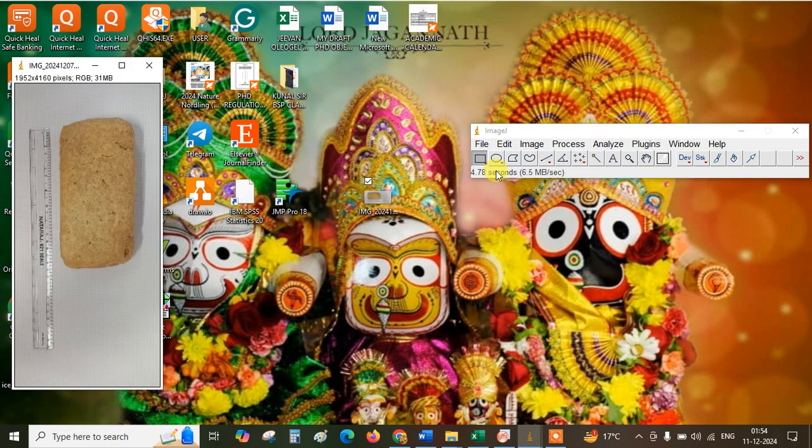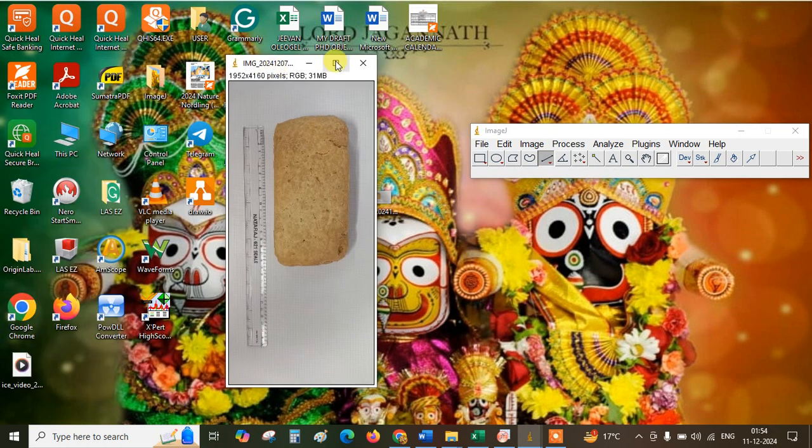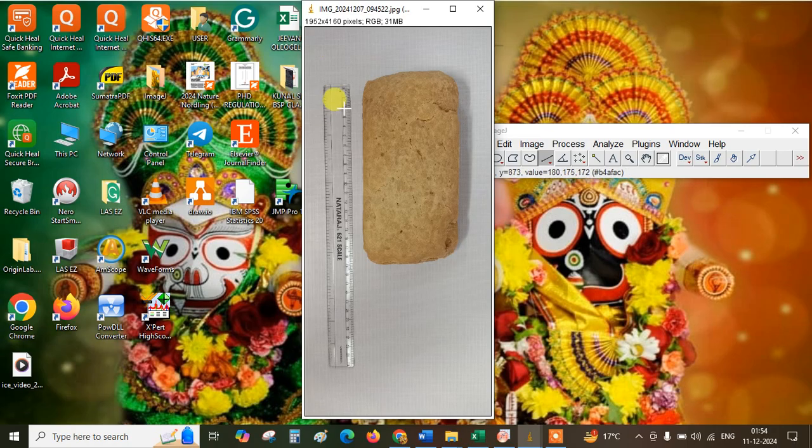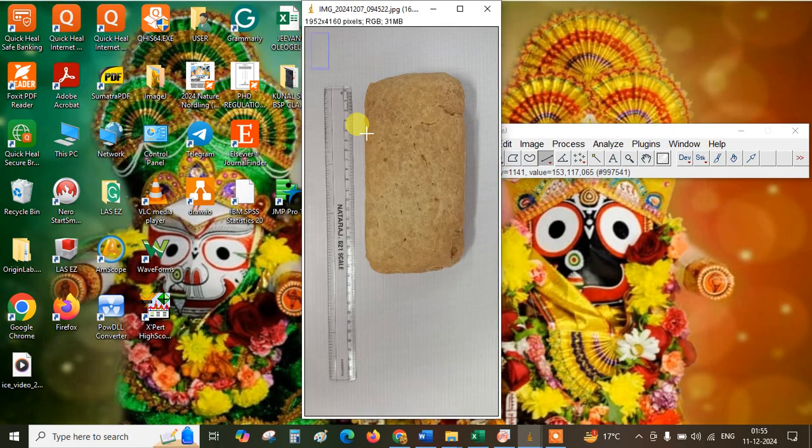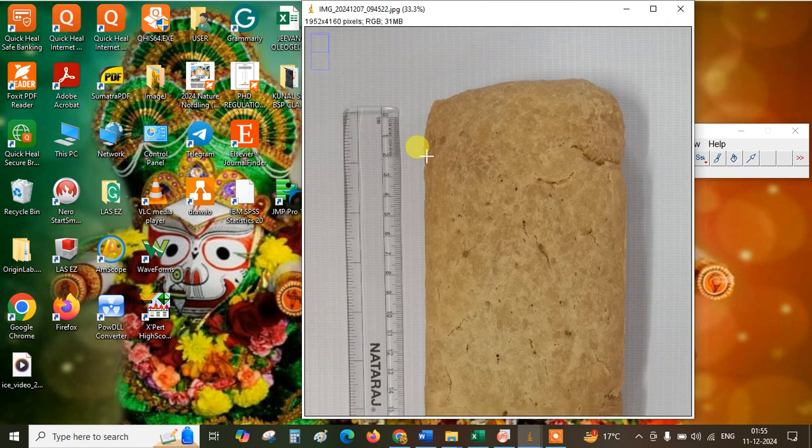Now, in order to take any measurement, we have to go for the line tool, that is the straight, segmented or freehand lines. Then we'll go to the image and maximize it using this button. First we have to set the scale in which the measurement is to be done. Remember that whenever we are measuring any bread sample, the scale, that is the length which spans the entire bread area, must be taken into account. So we'll maximize this area like this picture using our mouse tool, and then